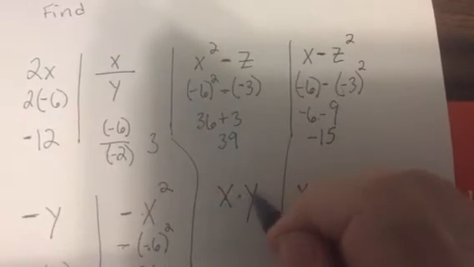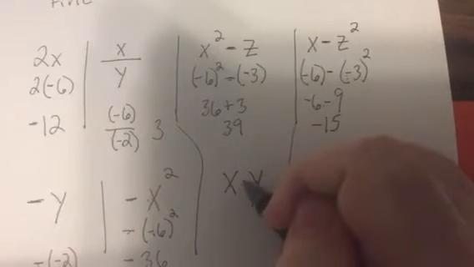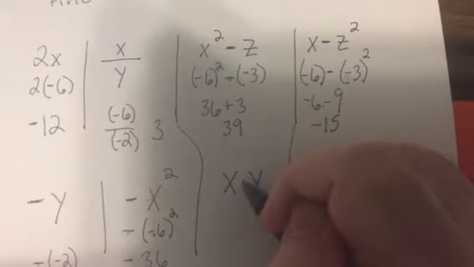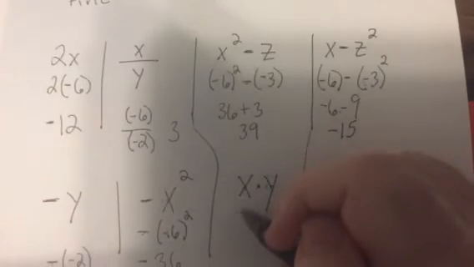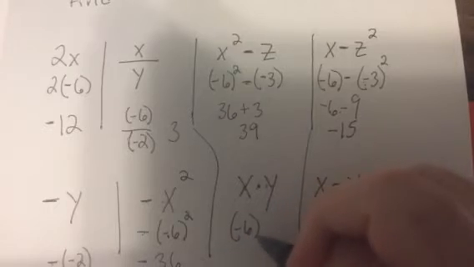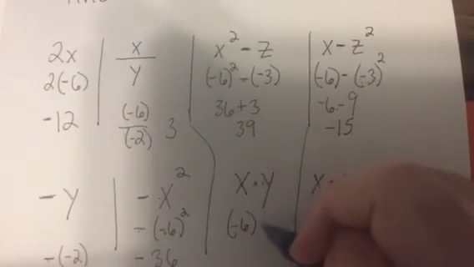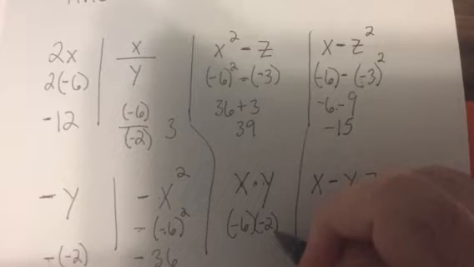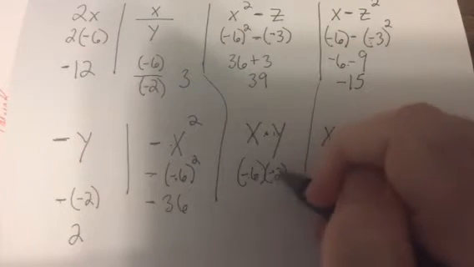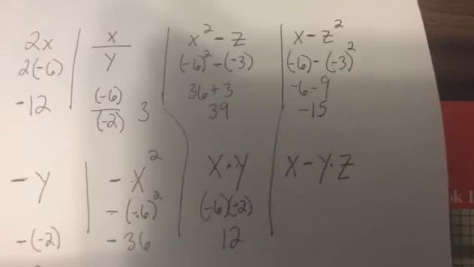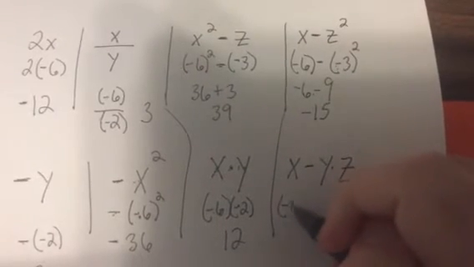So x times y. Now, normally, you don't really have to put that dot there for multiplication. Whenever variables are next to each other, it means multiply. X is -6. Y is -2. A negative times a negative is a positive. 6 times 2 is 12. So this is -6